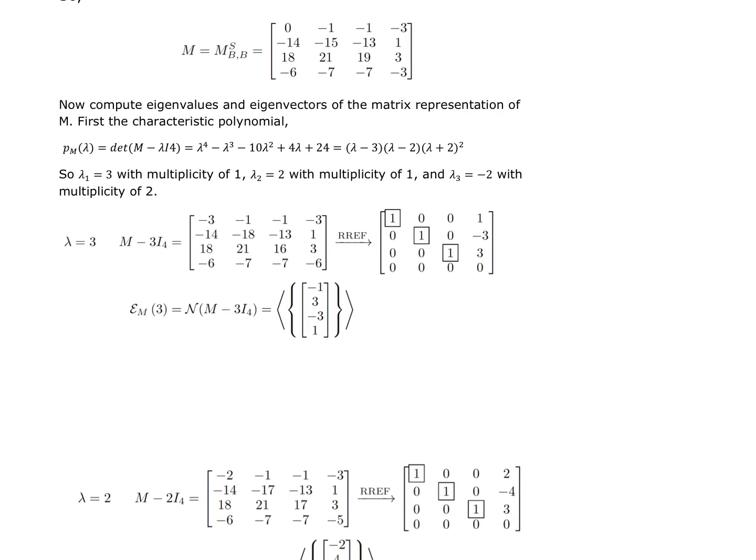And I can then from there do my usual. Here's my lambda, my lambda 3. I put it in, row reduce, and find my null space, and here's my first vector